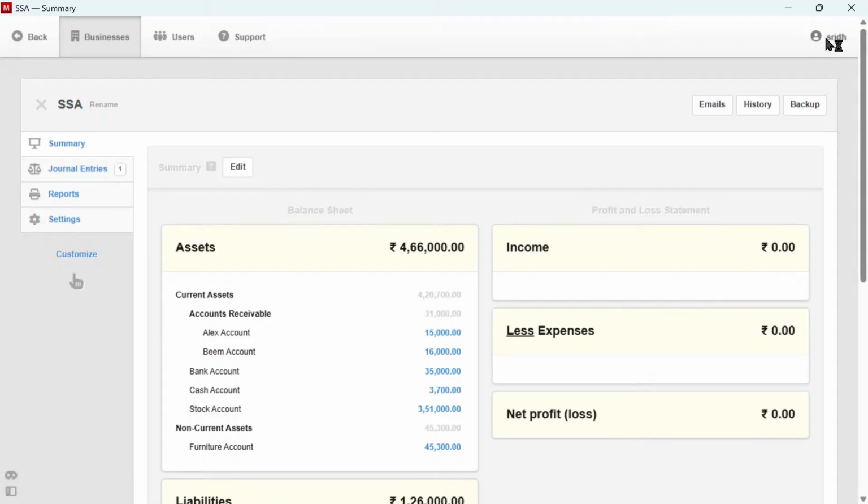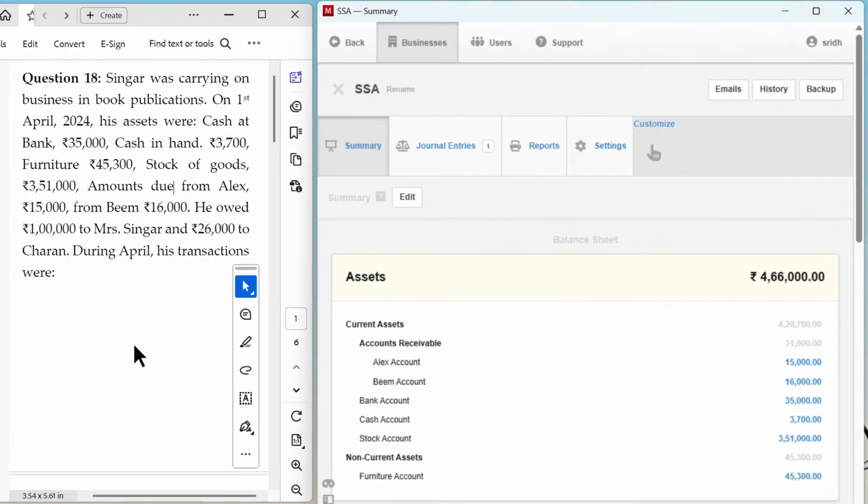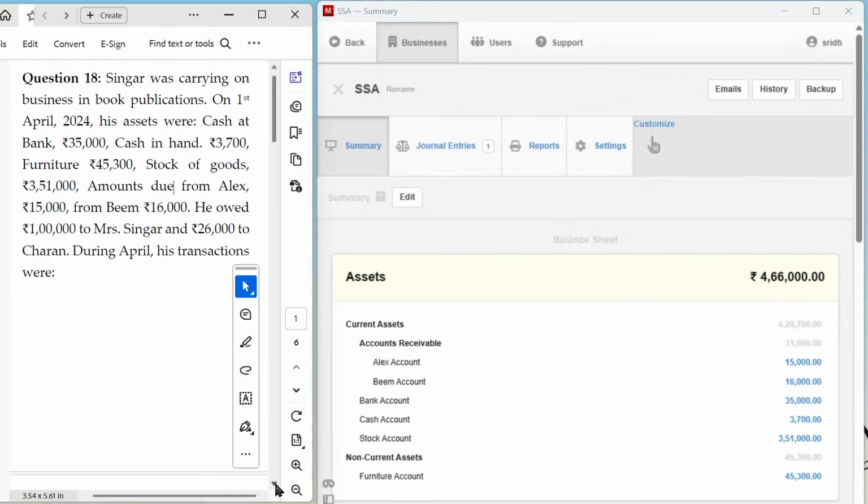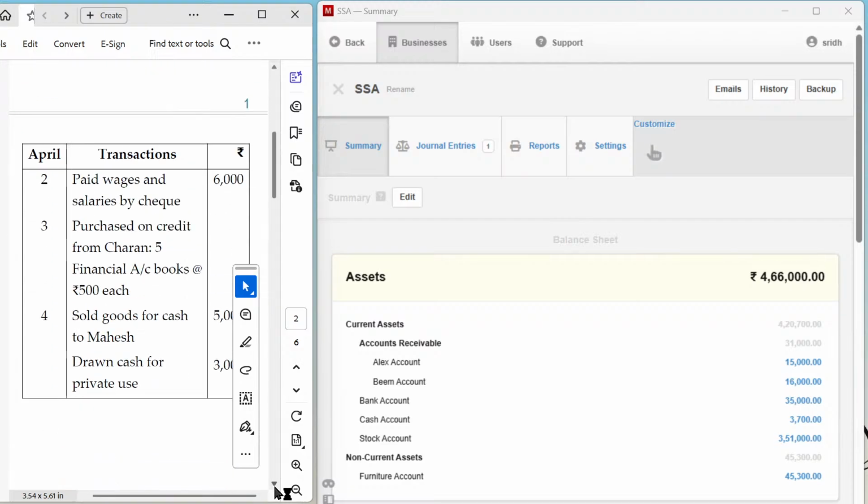Clear? Now what happens? We have passed the journal entry for the opening balance sheet. I mean assets and liabilities. Now let's go for what next? Transaction. So we have these transactions. As we have these transactions,